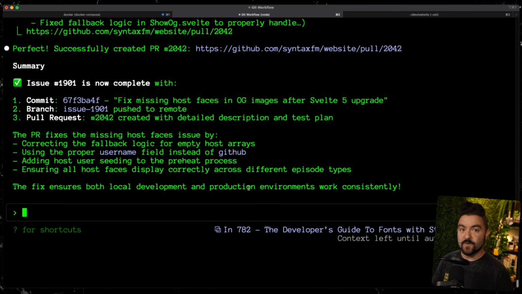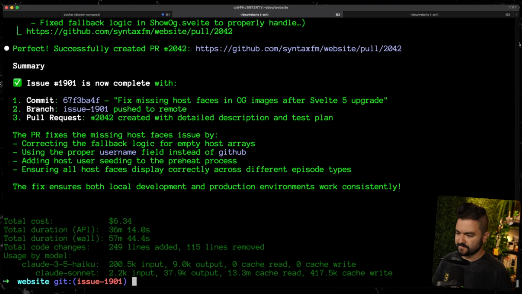Awesome. Let's see how much fixing this issue costs in credits. We already know it cost at least $5. Yeah. So $6.34. Again, I'll let you interpret that. I think I could have fixed this issue faster, so maybe it would cost less if you're considering my hourly rate. But I think someone less familiar with the code base would have been able to solve it a lot faster